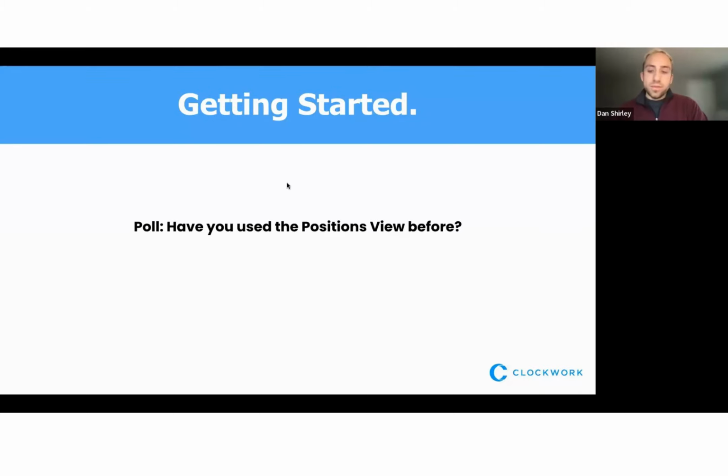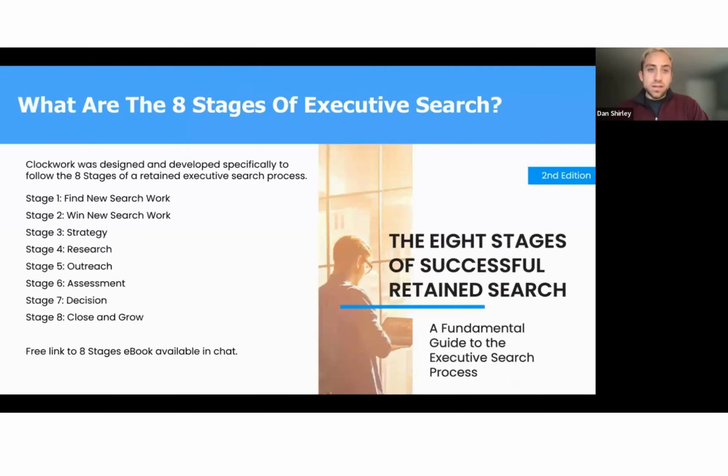Awesome. Great. So let's set the stage here, and let's just take a quick look at the 8 stages of executive search. These 8 stages comprise the methodology on which the Clockwork platform was built. If we take a look from stage 1 to 8, it goes from business development all the way through search execution. And incorporating all of these stages into your Clockwork process will make you more efficient and effective as a firm,